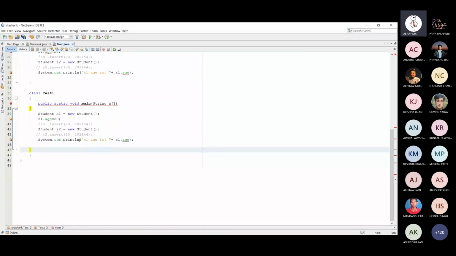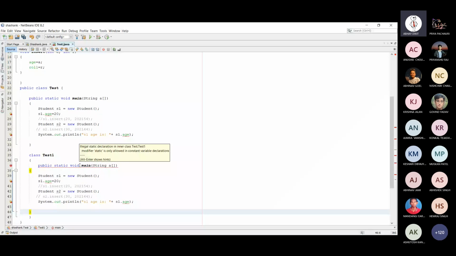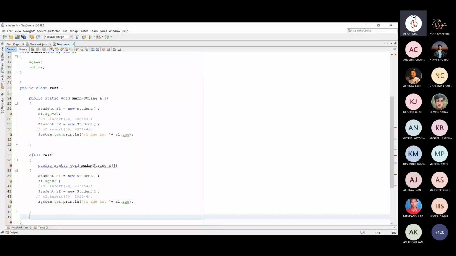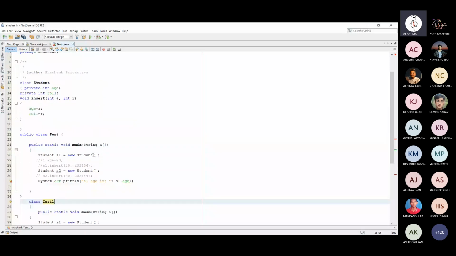So there is a problem with s1.age; an inner class came in. Now you can see that two classes are created, one is Test and another one is Test1.